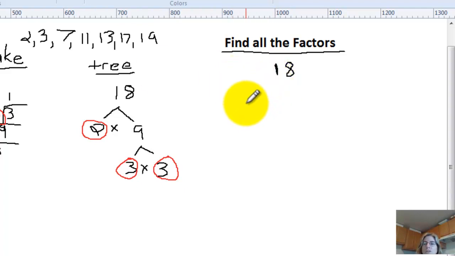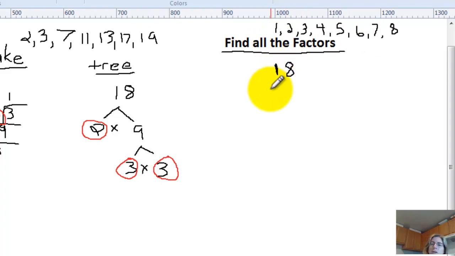So in finding all the factors, you're looking at all the digits this time, not just prime numbers. So you say, does 1 go into 18? Is 1 a factor of 18? In other words, 1 times what number equals 18? Well, all numbers you multiply by itself. So that's 2